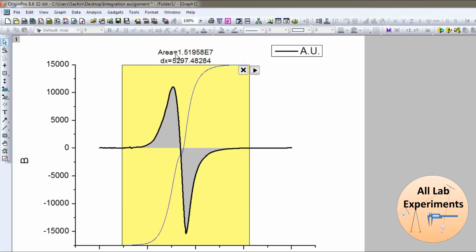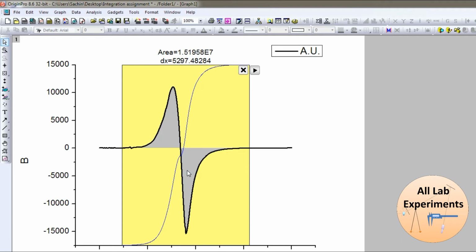Now the area is 1.519 into 10 to the power 7. This is the area of the upper part and lower part both, and the integration curve is not coming down after this, it is going up because we are adding the area.